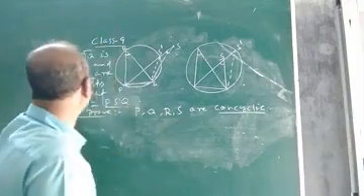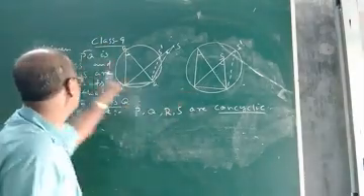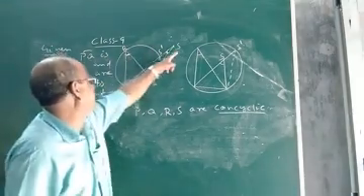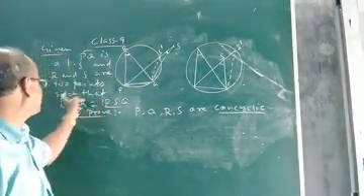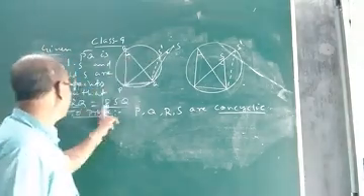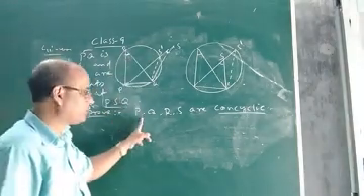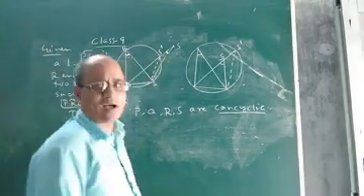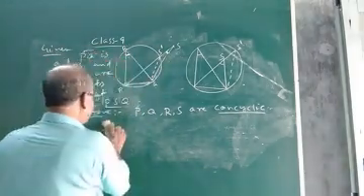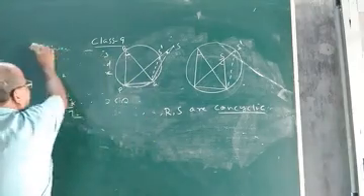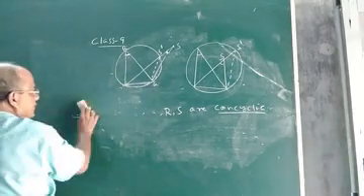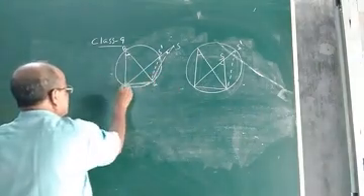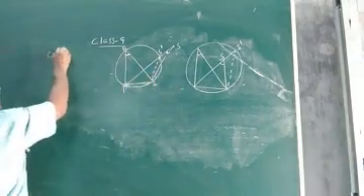So what is given? I have drawn two figures. Given PQ is a line segment, and R and S are 2 points such that the equality of these two angles is given. Now what do we want to prove? We want to prove that the points P, Q, S and R are concyclic. In order to prove this, what construction will we do?